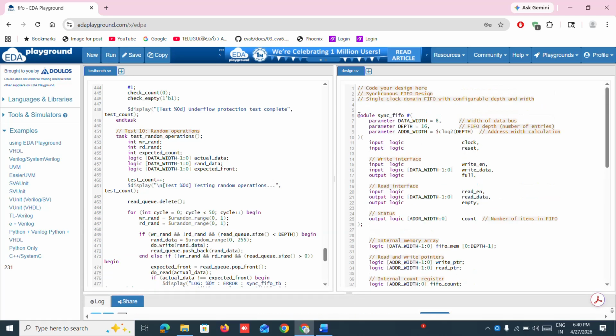So the module name is synchronous FIFO. This is a parameterized design. What parameters are we taking here? Parameter width, data width is 8, so that is the width of your bus, and then depth is 16. How many entries you want in the FIFO, that defines the depth. Here I am doing 16 entries, and then